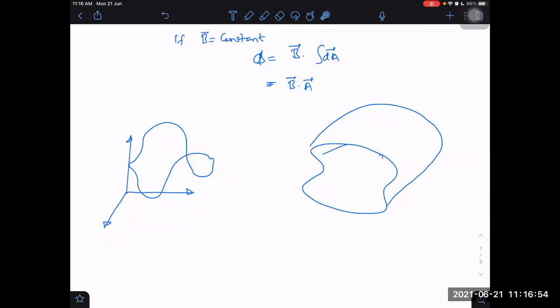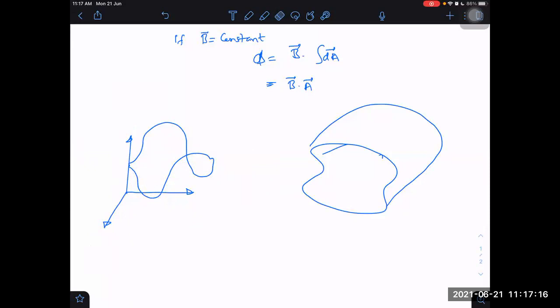But they can ask questions based on some simple geometries, like maybe a circle which is inclined at a certain angle. If such a question is asked, then for a circle we can do it in another way also. If I know at what angle it is inclined, I can take the perpendicular to the circle; that will be its area vector. So we can get the area vector somehow.